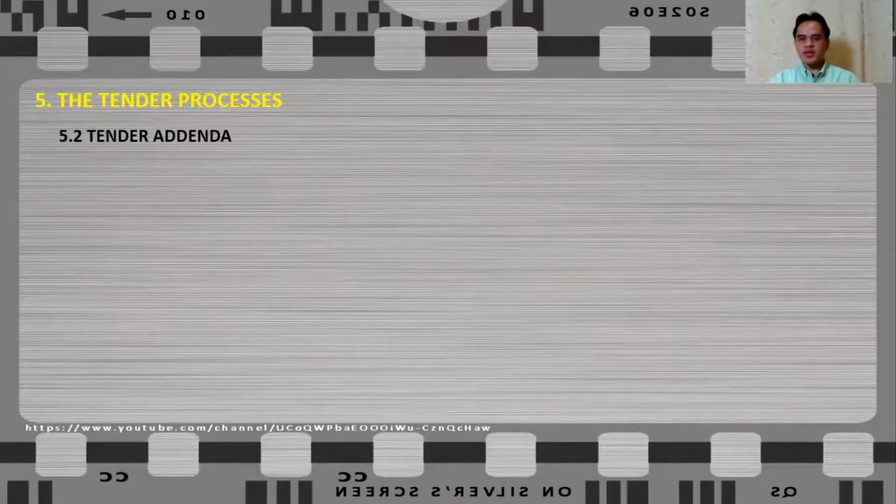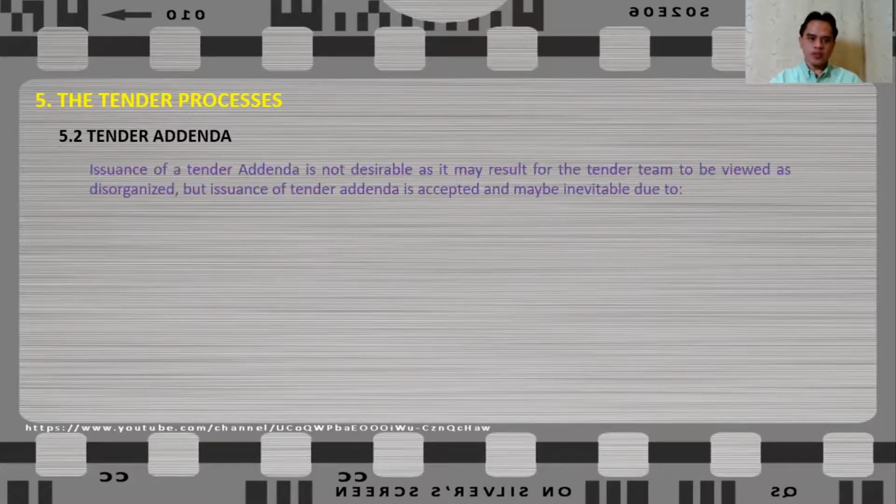Now, tender addenda. We often hear about this. Tender addendum number 1, tender addendum number 2, and so on. But the issuance of tender addenda is not desirable, as it may result in the tender team being viewed as disorganized. But issuance of tender addenda is accepted and may be inevitable due to new information being made available